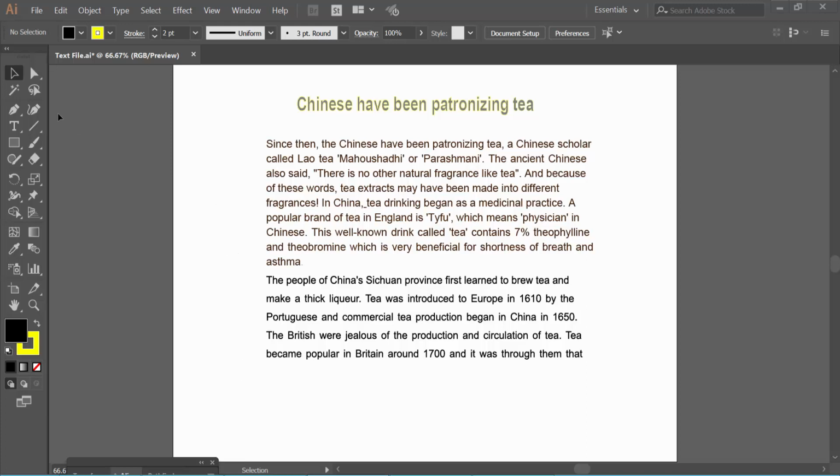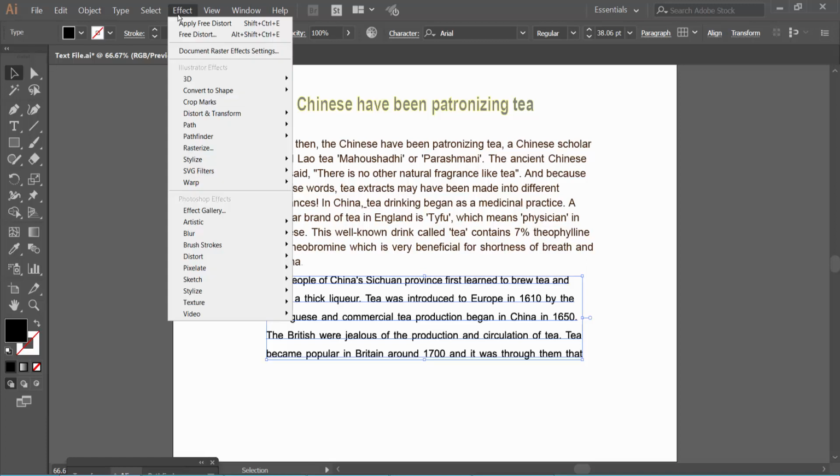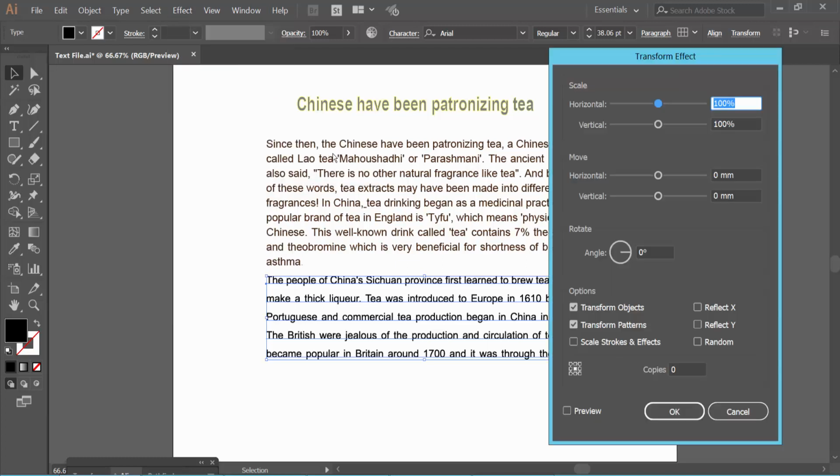Open your Illustrator file, now click on this selection icon and drag your mouse, select the text you want to transform. Now select the Effect option, select Distort and Transform, and again select the Transform option. Now select the Preview option